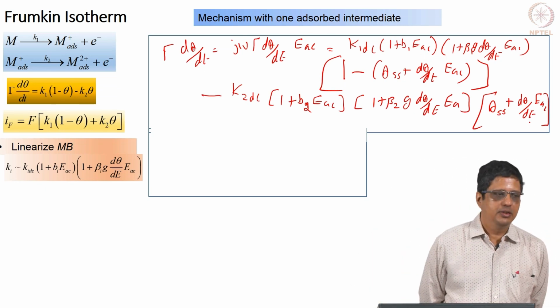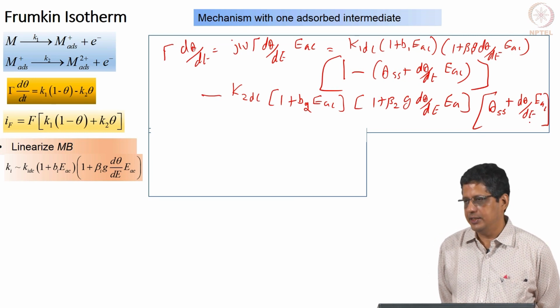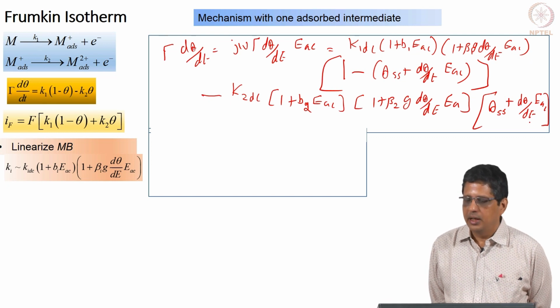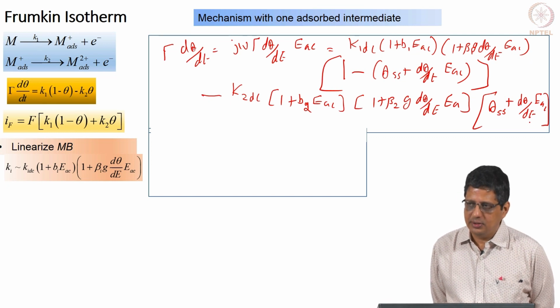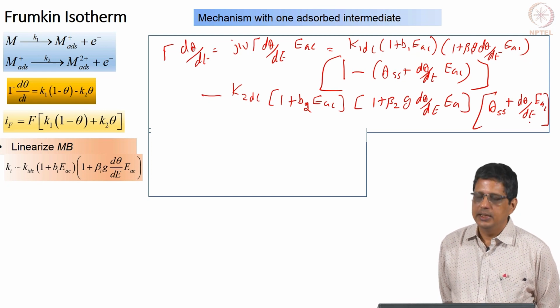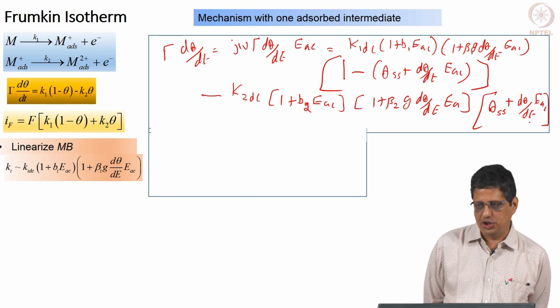Each term will give rise to constant, EAC, EAC square, EAC cube. We are going to neglect EAC square and EAC cube. I would like you to write the constant values, and you will see that they will go to 0. The EAC terms will remain and we will cancel the EAC, but please go through that and rearrange.